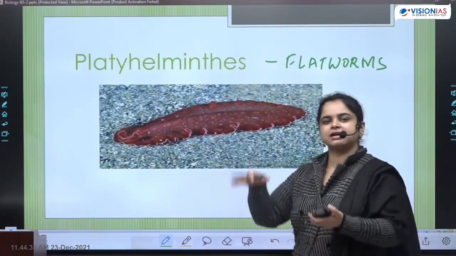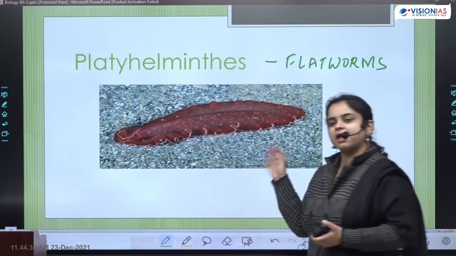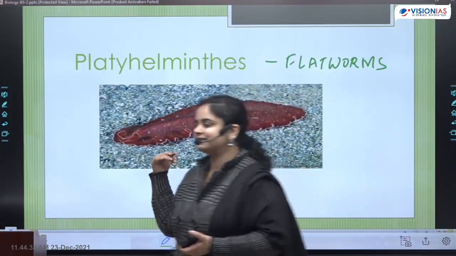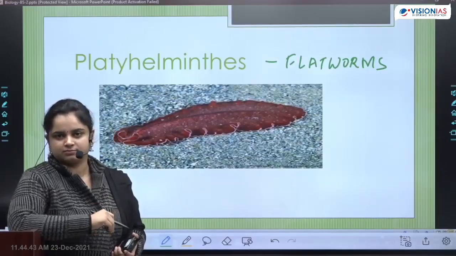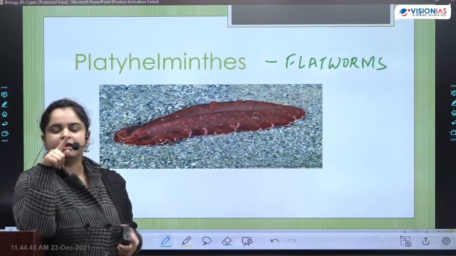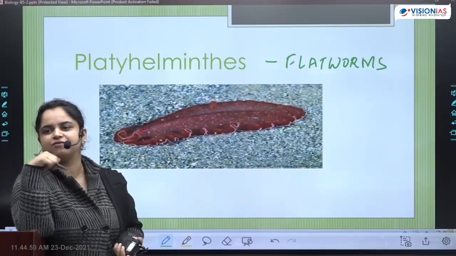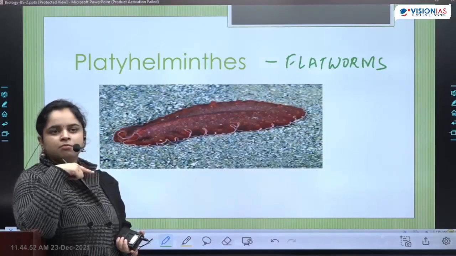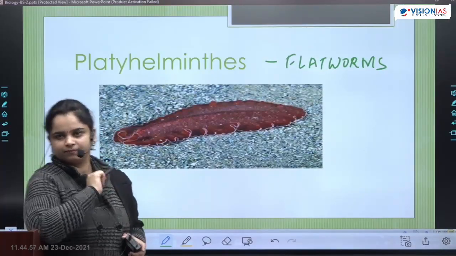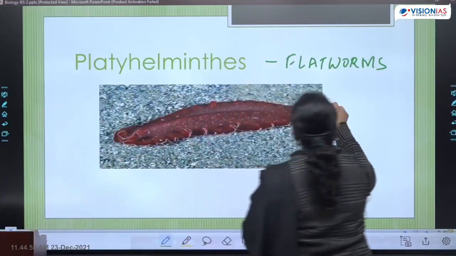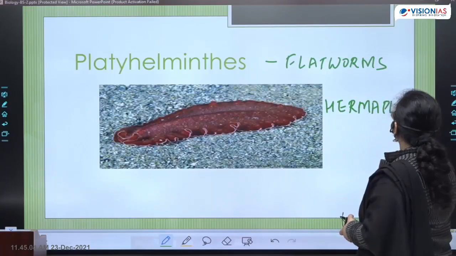So their body is like it's pressed from top to bottom. Here what we find is that this one worm contains male and female parts in the same worm. Normally we would think of two different organisms, one should be a male, the other should be a female. But in this worm, we have both male and female parts in the same worm. We have a special term for this. It is called hermaphrodite.